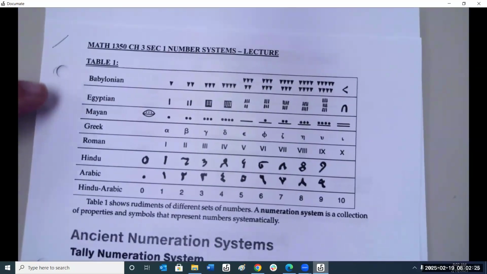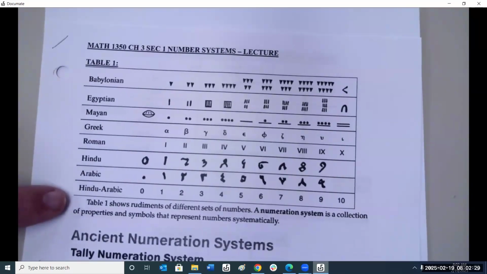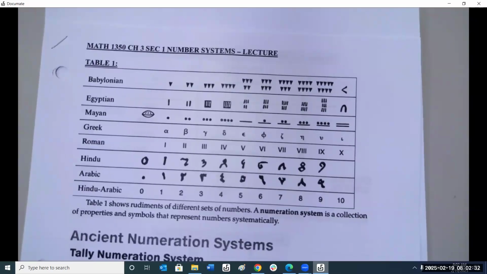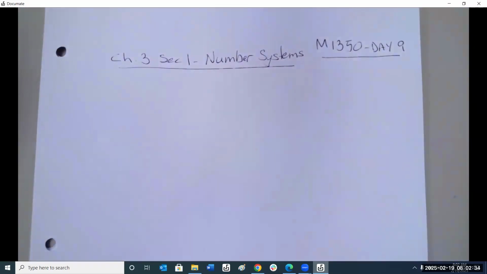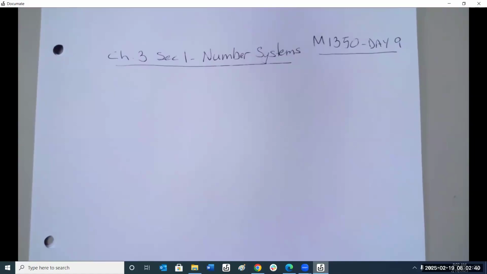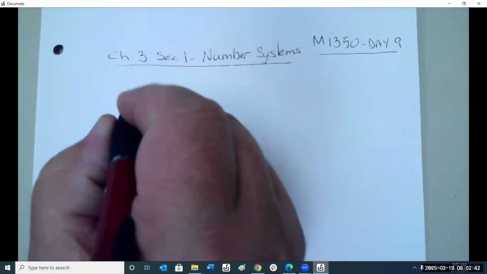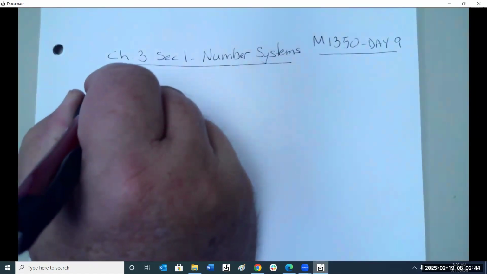The Babylonians, the Egyptians, the Mayans, the Romans, the Hindu, Arabic. We're going to look at how those are used, because those are precursors to what we use today. First thing we look at are the